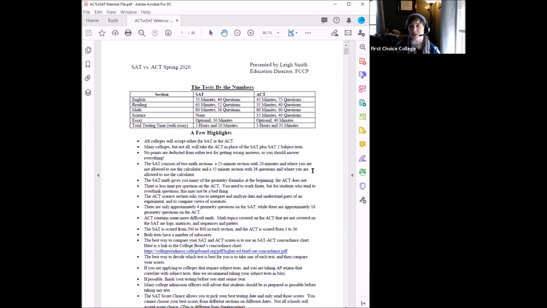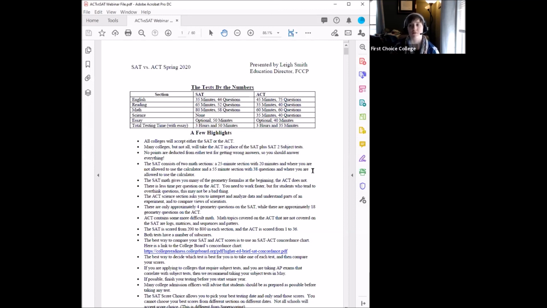But that's the entirety of what the regular SAT is testing. The ACT, on the other hand, has one math section, 60 minutes, 60 questions, very straightforward, and you get your calculator through that whole section. It's more heavily geometry based, so there's going to be a lot more geometry on the ACT math section. And you don't get any formulas. The ACT requires that students memorize and produce all of those formulas. Good and bad: for students who are strong in geometry and find it easy to memorize those formulas, they can simply produce them on the test. If it's hard for students, that's something to keep in mind and study for.